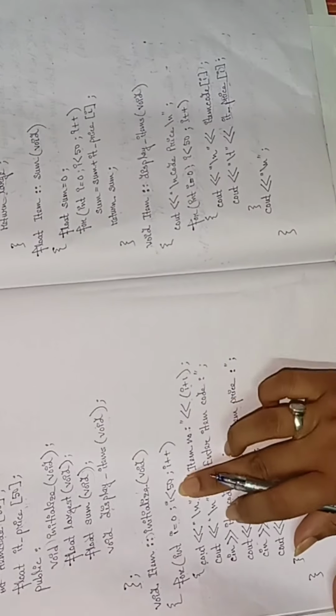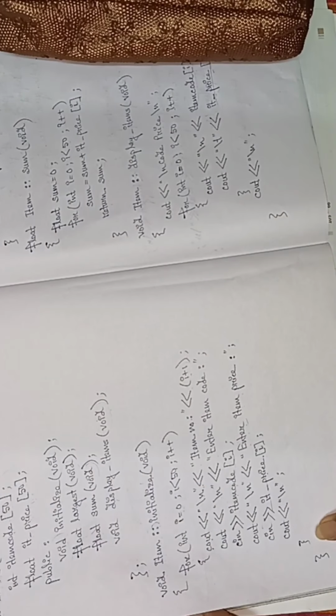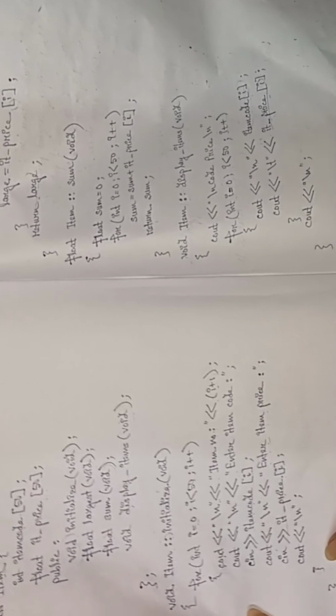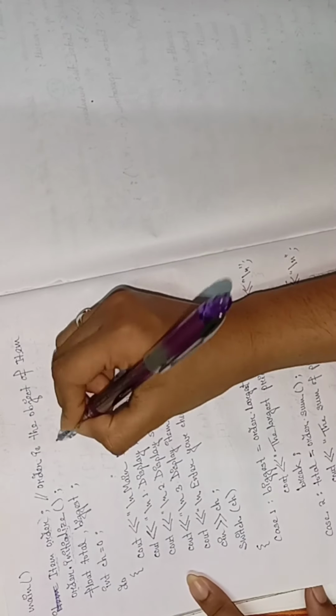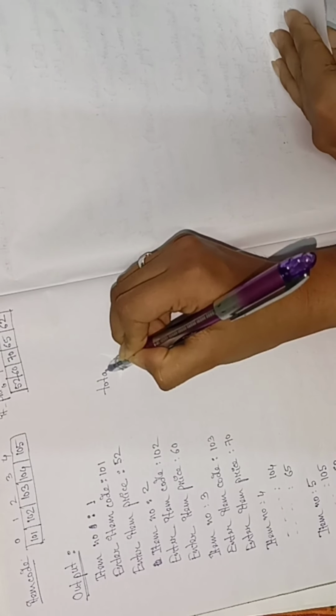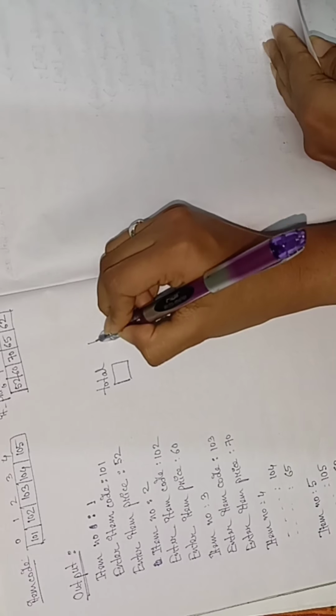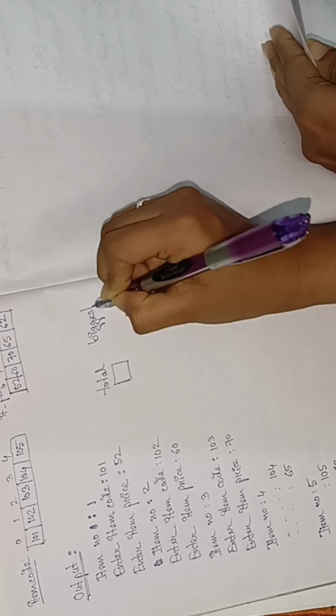Okay, here now my for loop, this condition will become false. Now this condition will become false means it will come out of the loop, and from here it will again go to my main program. So in the main program you see this initialize part is over. Now it will go to next line, and here it will take two variables, one is total, one is biggest. Okay, these two variables it will take. Clear? Now you see int ch equal to 0. This we have considered ch equal to 0, one ch.